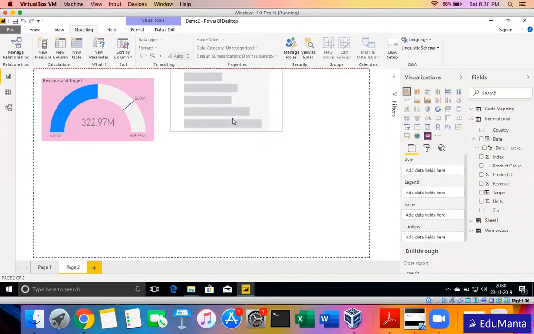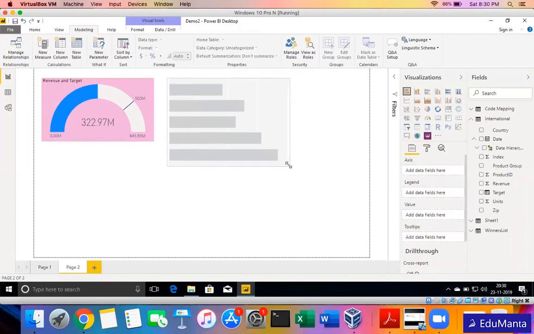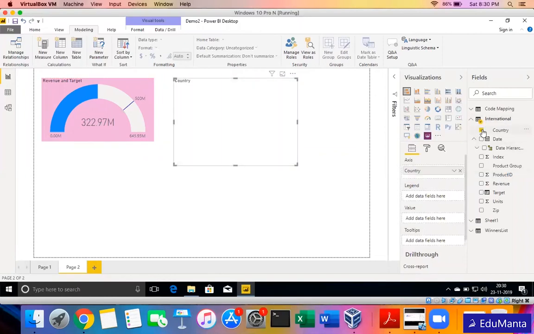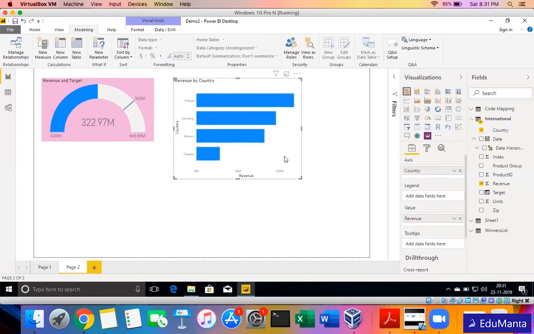So suppose I have a chart here, and I want to see the data of country versus revenue. I just drag country and revenue. It will put them by itself in the proper field. This much Power BI understands. When I select country and revenue, revenue is a measure field. It has to go in the value section, and country has to go into the axis section. So, okay, it created this chart.